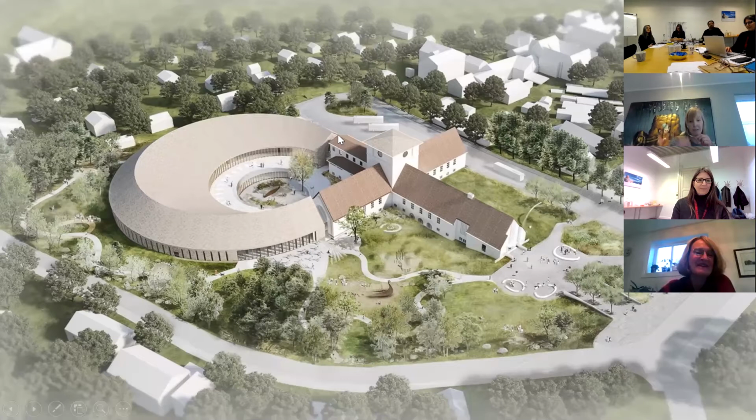I tillegg til dagens utstilling, eller gjenstander som stilles ut i Vikingskipshuset i dag, så kommer det jo også flere gjenstander som vi har hatt utstilt og ikke utstilt i sentrum. Så alle gjenstandene skal stilles ut i det nye bygget. Og da,